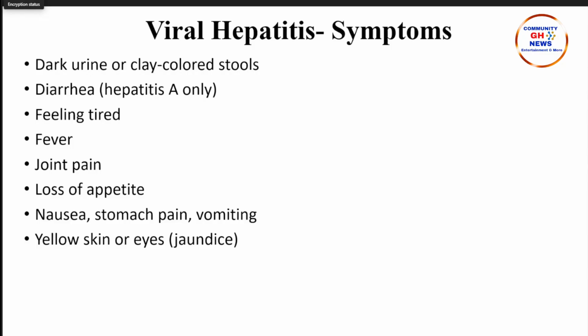You even feel nauseous. You come with abdominal pain because the liver, as I mentioned in the first slide, is located at the right upper part of our body below the rib. Sometimes people come and complain, oh, I feel pain over there. It could be your liver. Even though there are other organs there, the liver could be the cause of that. It can also cause vomiting.